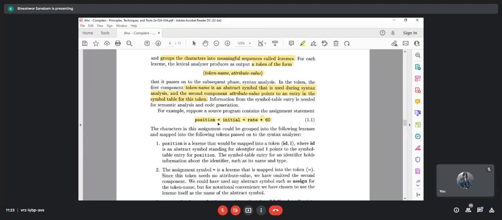Position is an identifier, equal to is a symbol, initial is also an identifier, plus is an operation, rate is also an identifier, then star is an operation, then 60 is just a constant number. If we look at a, b, and c, where we have initialized integer values a, b, c, that abc is nothing but part of an identifier. Similarly, with this line of code, the lexical analyzer is going to scan it and find